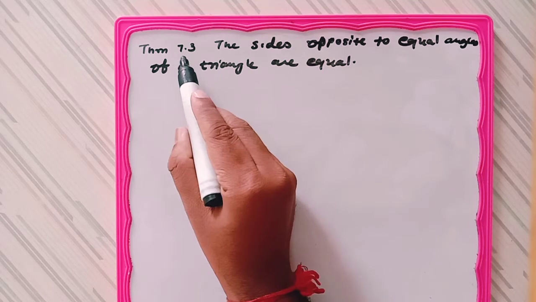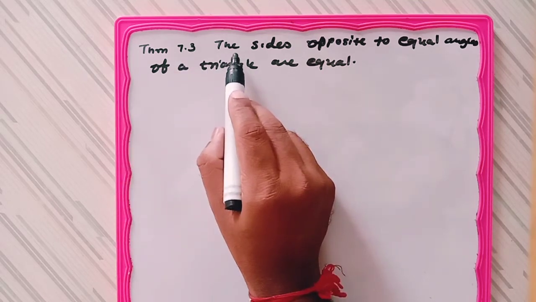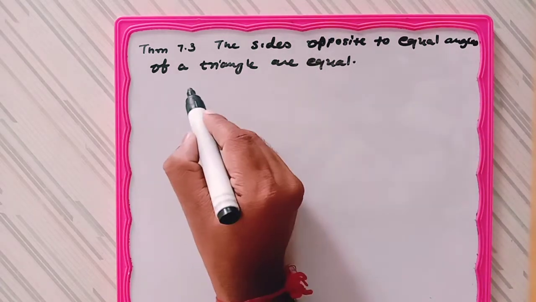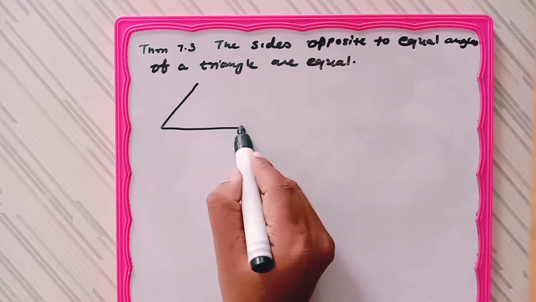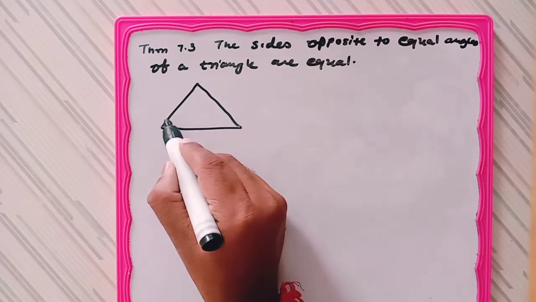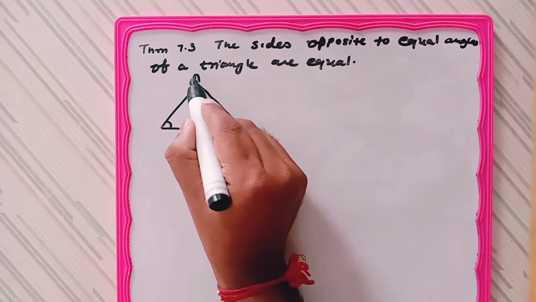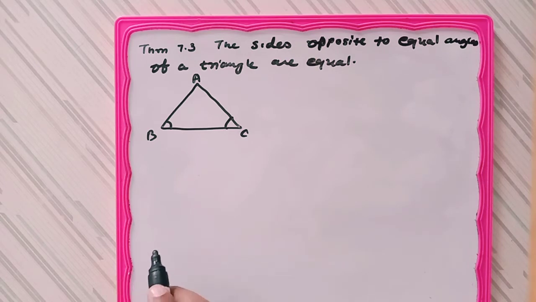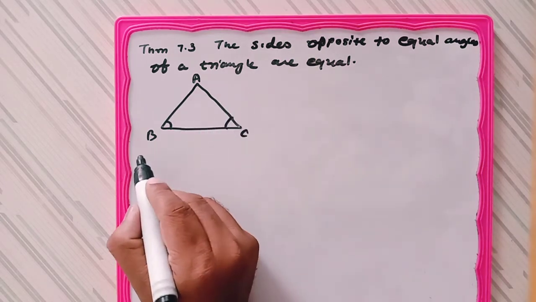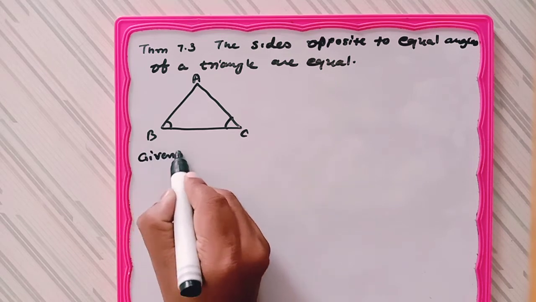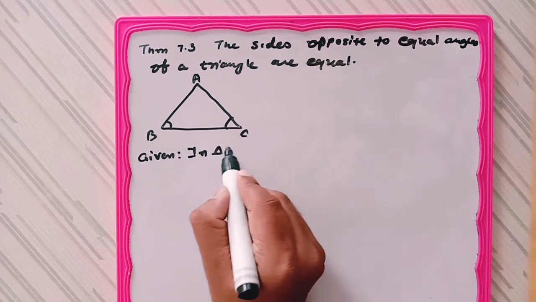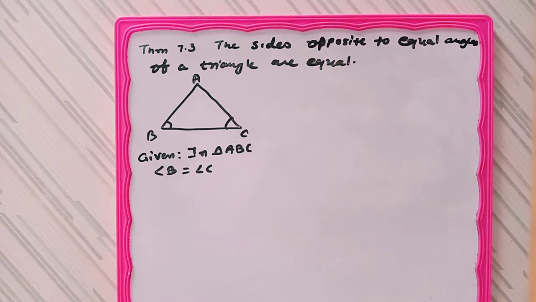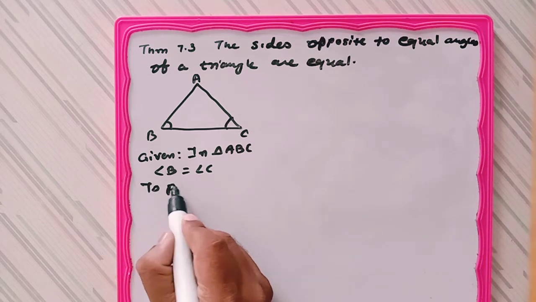Now Theorem 7.3 is the converse of 7.2. Here we need to prove that sides opposite to equal angles of a triangle are equal. Means in triangle ABC, if we take angle B equals angle C, then we need to prove that AB equals AC. So the given information in triangle ABC is angle B equals angle C, and to prove we have